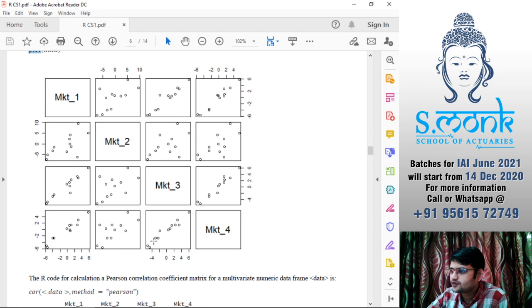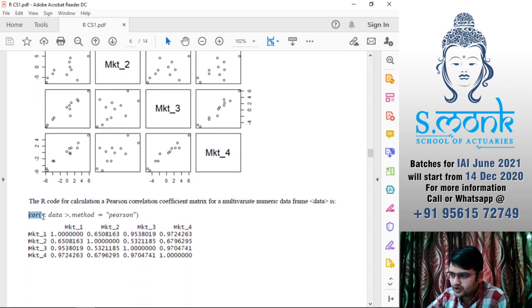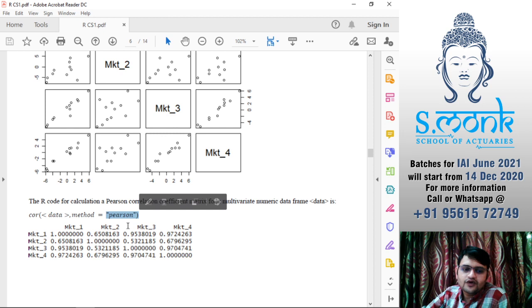3 versus 4, good positive relationship. So just by looking at these graphs, you can talk about what kind of relationship you have for particular data. Then if you want to find the actual correlation, you have again cor. Now instead of x, y, you have to put the data here, whatever name you have given to the data, and then method Pearson's. By default the method is Pearson, so if you do not write method Pearson, that would also work.